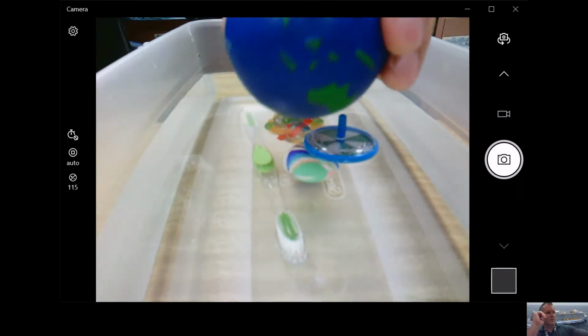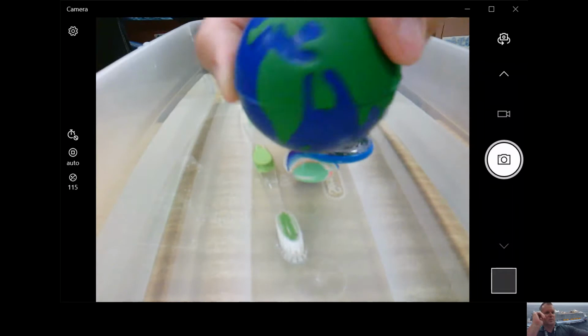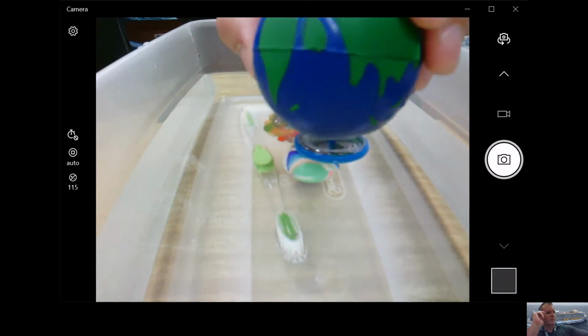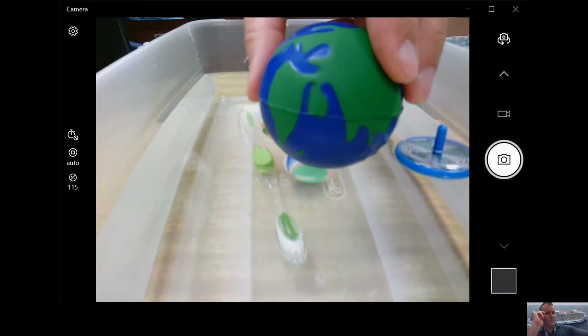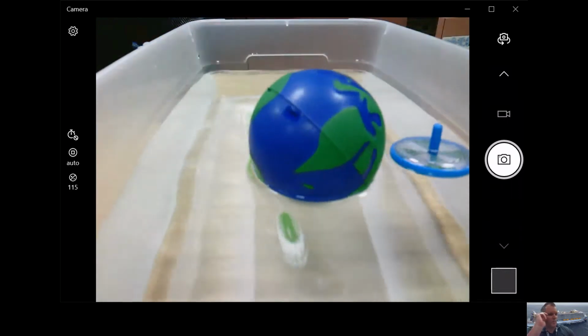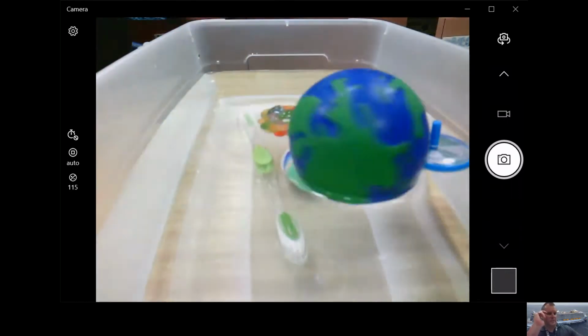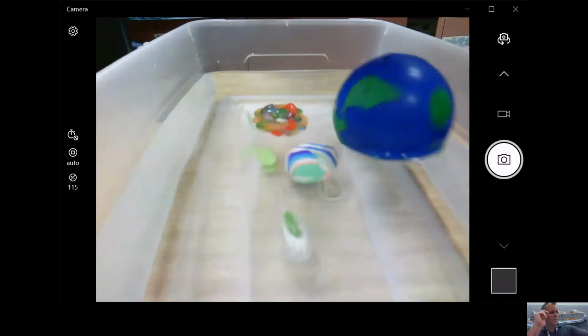So what do you think? Our squishy world ball, what's it going to do? Sink or float? And we're going to find out here. Ready? Woo! It is floating. The world is floating